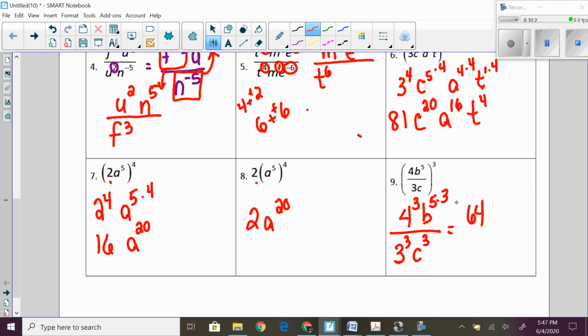B to the 5th to the 3rd, we multiply those, we get B to the 15th. 3 times 3 times 3 is 27. It's known as a cube, just as 64 is. And then C to the 3rd. So hopefully this tutorial helped you with your properties of